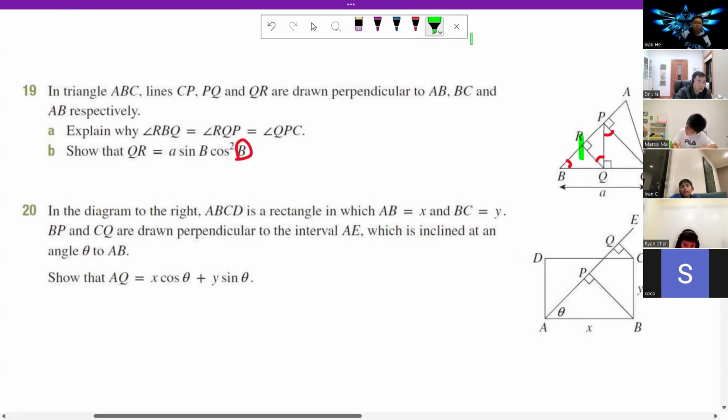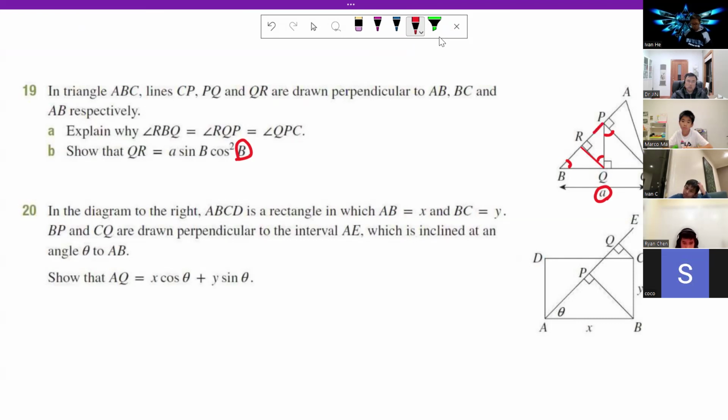Oh, this is too wide. How to convert to QR? So that way you are looking at this angle, right? There are multiple things you can connect. First, how to connect A with one of the B's? You might think, I can connect to this one. Am I right? Yeah. So BP is A